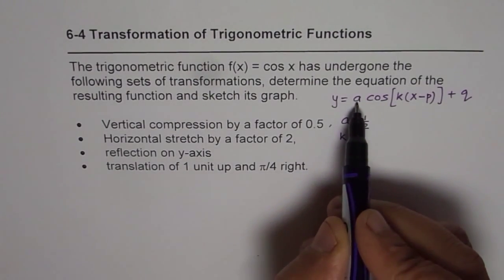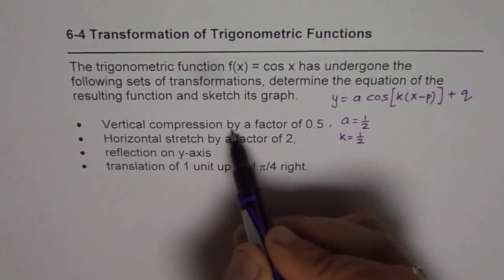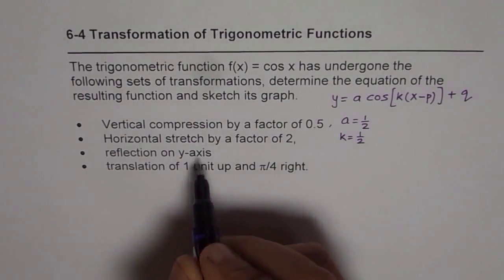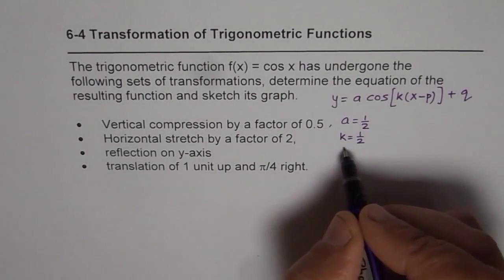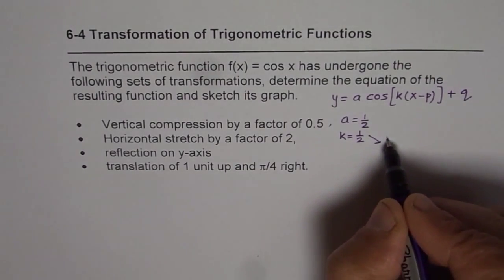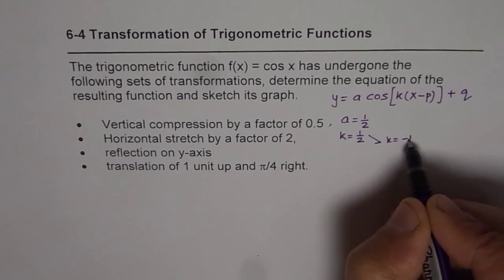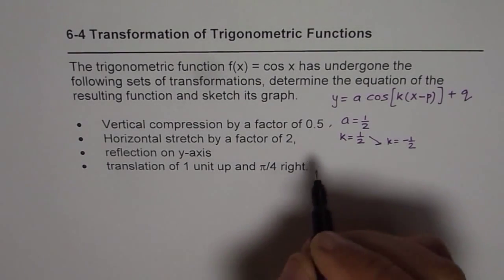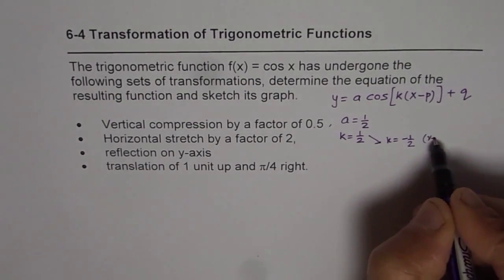If it is reflected on y-axis, that means it is horizontally reflected. So k will be minus, right? So reflection will make k equal to minus half, incorporating reflection. Do you understand? So this is because of reflection